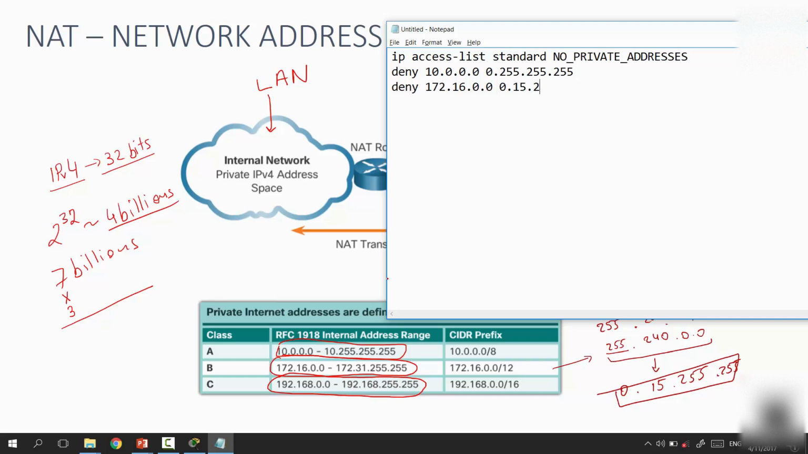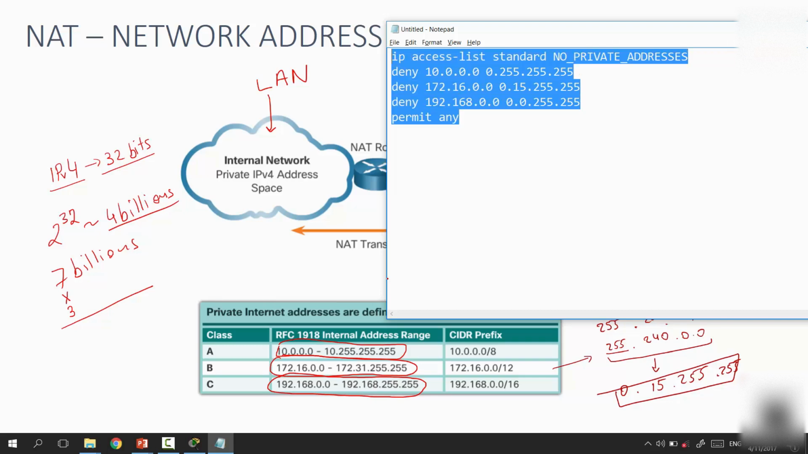0.15.255.255. Next we'll deny communication from 192.168.0.0 with wildcard mask of prefix 16. And then we have to say permit any, because all other communication has to be allowed. So let me copy this access list